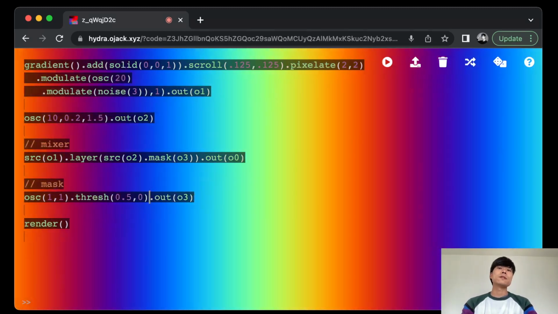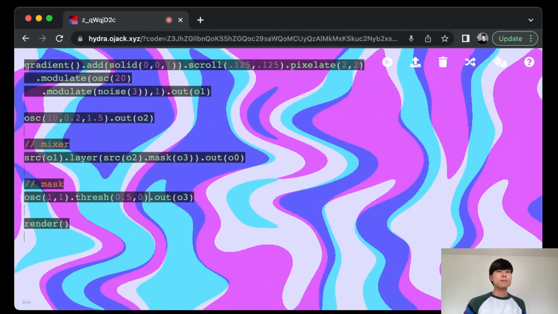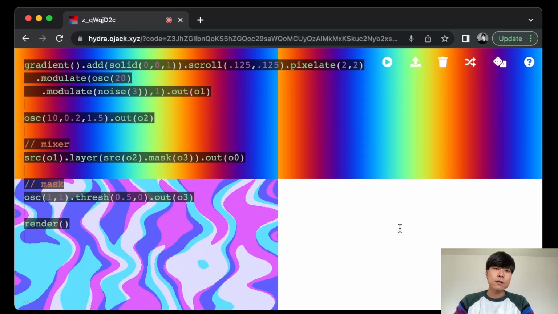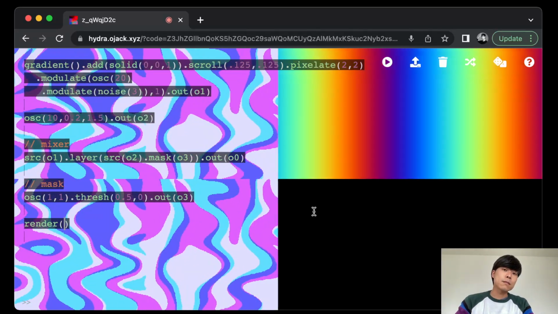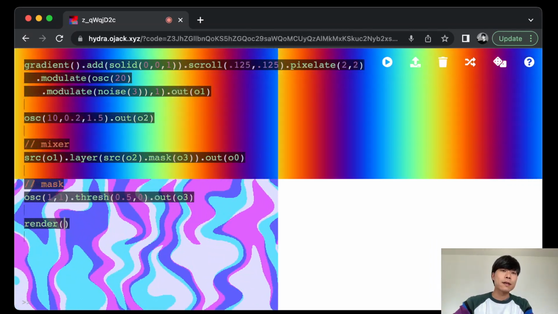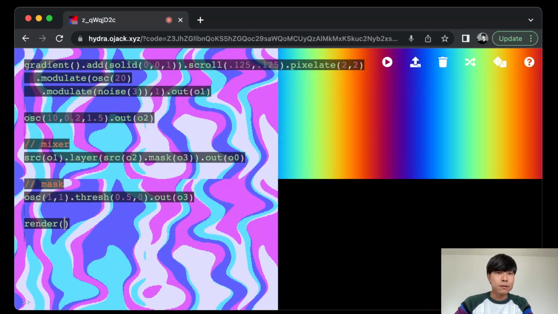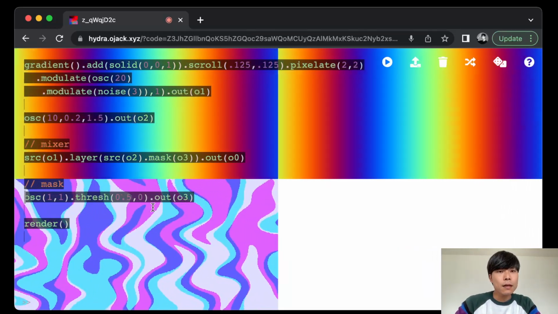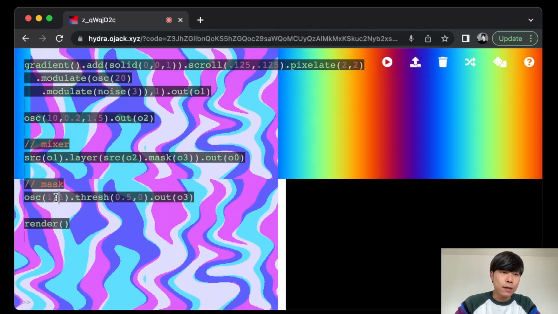So this will do a wipe, because if you do render, you can see that on O3 the mask buffer is going from black to white, but with a kind of smooth swipe transition. So this is just a recap, and what I'm going to do today is